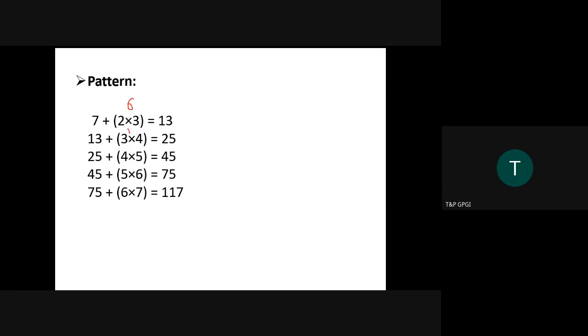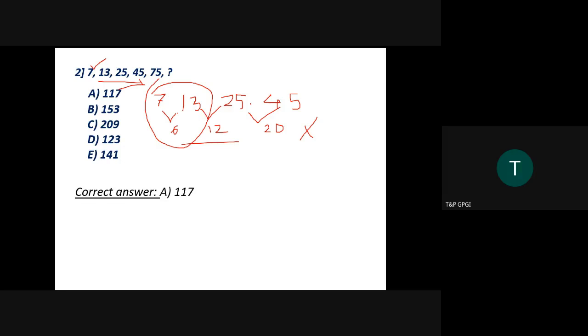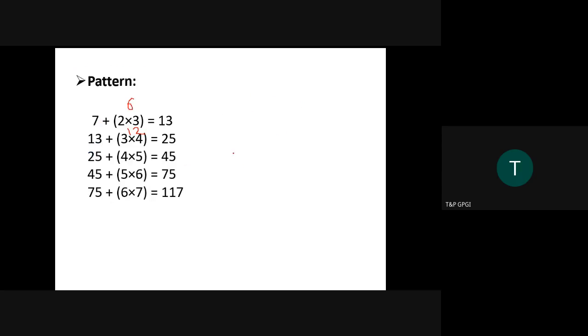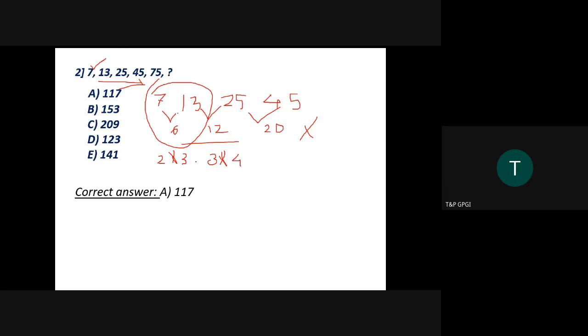then 13 plus 12 became 25. We identified the same thing, 13 plus 12; only the way of writing it was different: 6 is written as 2 3s are, then 12 will be written as 3 4s are, then 4 5s are, 5 6s are, 6 7s are. Doing it this way, we get the final term 117. So even if I was going on the right track, 6, 12, 20